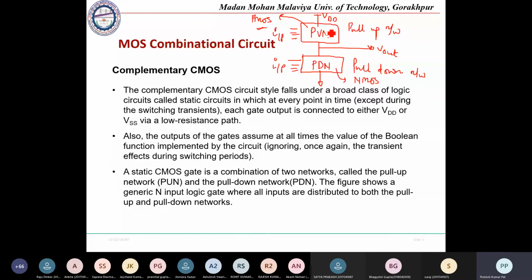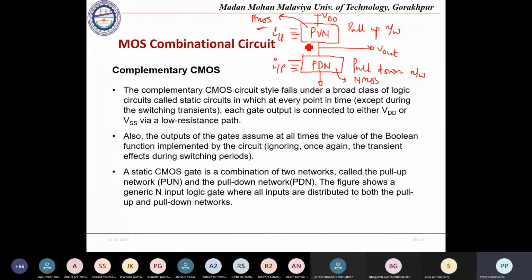This will be connecting your output voltage with the VDD. So your output voltage will be switching to VDD, that is higher voltage. That's why it is called pull up network, because it is pulling your output to the VDD or higher value. Okay. So there are some advantages and disadvantages of this type of networks. So we will see in detail also. Okay, so just to have an overview, we will compare it.